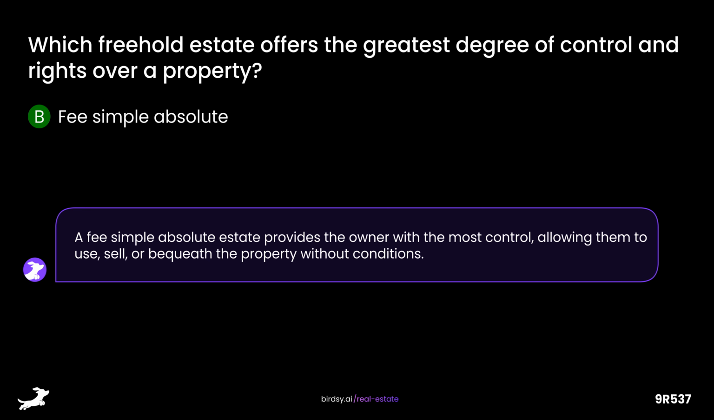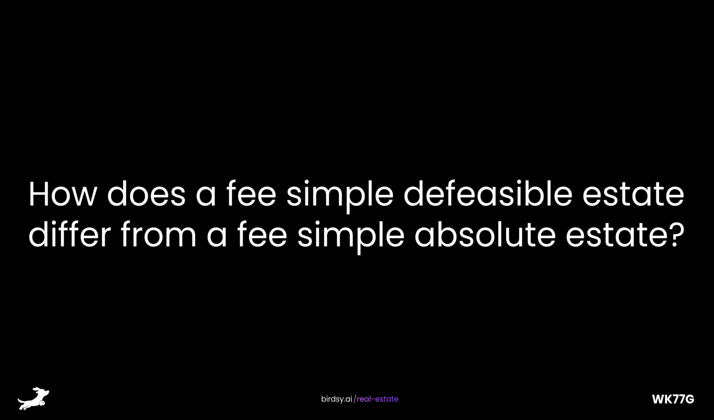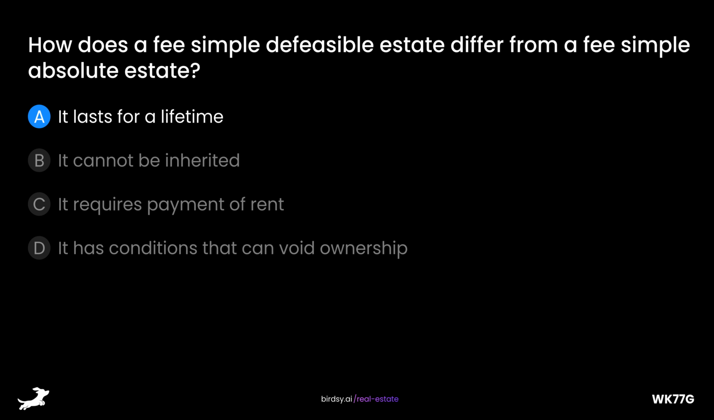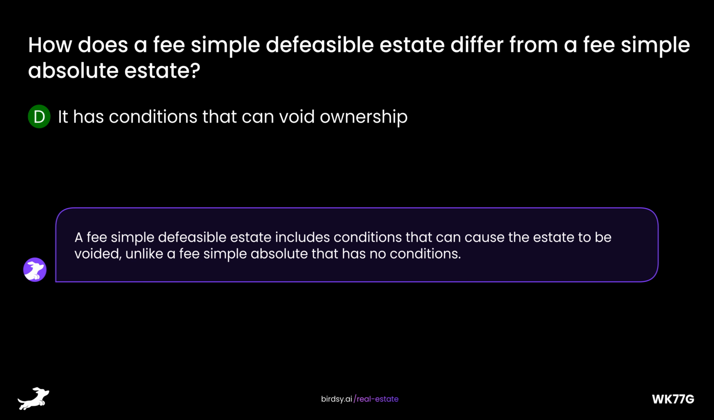How does a fee simple defeasible estate differ from a fee simple absolute estate? Is it A, it lasts for a lifetime, B, it cannot be inherited, C, it requires payment of rent, or D, it has conditions that can void ownership? The answer is D. It has conditions that can void ownership. A fee simple defeasible estate includes conditions that can cause the estate to be voided, unlike a fee simple absolute